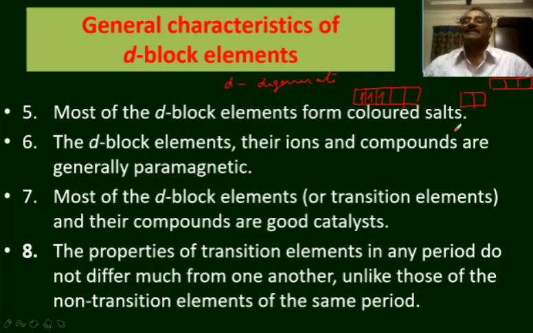In such a case, that is in the compounds of d block elements, an electron may transit from one d orbital to a higher energetic d orbital. The energy difference between these two d orbitals lies in the visible region. If an electron transits from a lower energy state to a higher energy state, the energy corresponding to the difference between those two orbitals will be absorbed. If energy of a particular radiation is absorbed, that frequency is missed in the white light. As a result, the complementary color is exhibited by the compound.